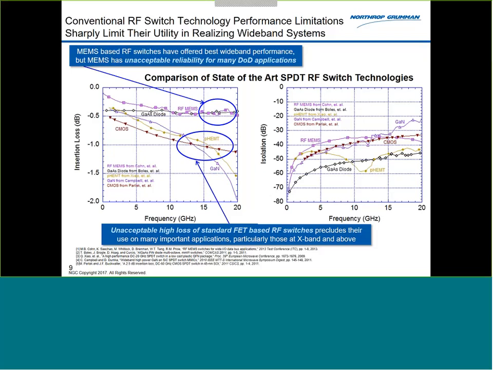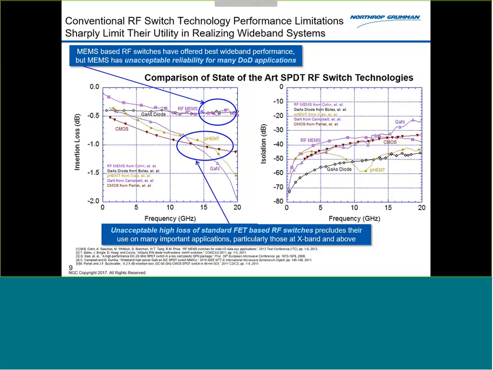But at the same time, FETs have all kinds of properties that I really like when I'm talking about RF systems, which is to say that in general, one, they're higher reliability. I don't really have to worry about them ever dying or breaking on me. Also, generally very low power consumption, so it doesn't matter how many switches I put into my system. They're also fast. And these are things that I can't say about MEMS and the PIN diodes. So RF MEMS, I worry about the reliability, certainly. With PIN diodes, I worry about the power consumption. It's a great technology, but it can be hard to integrate. And as long as I only need 10 of them, I'm okay. Once I need 100 of them, 1,000 of them,